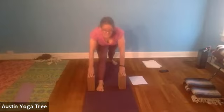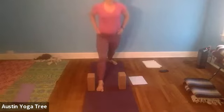Re-square the hips if they came askew. Once again, emphasize the descent of the thoracic spine. And then hands to the hips. Raise the torso. And step the feet